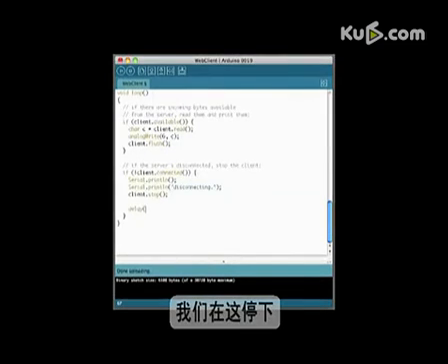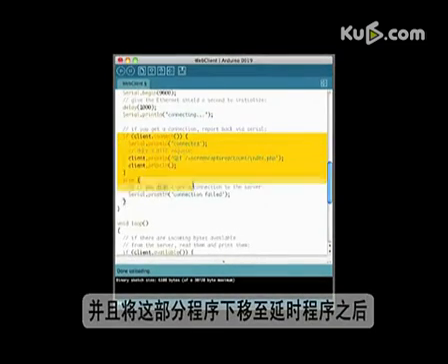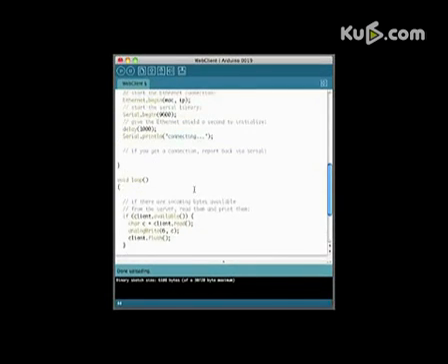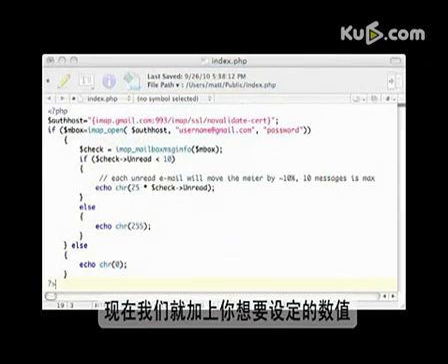Instead of stopping here, add a delay of maybe a minute or two and move the code to connect to the server down into this loop. Now our Arduino will poll the server on this interval. Now all you have to do is have your PHP